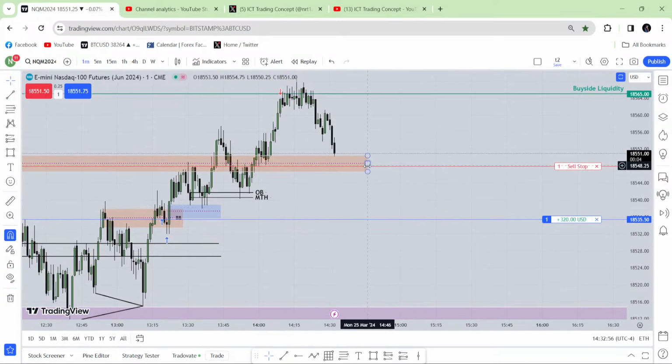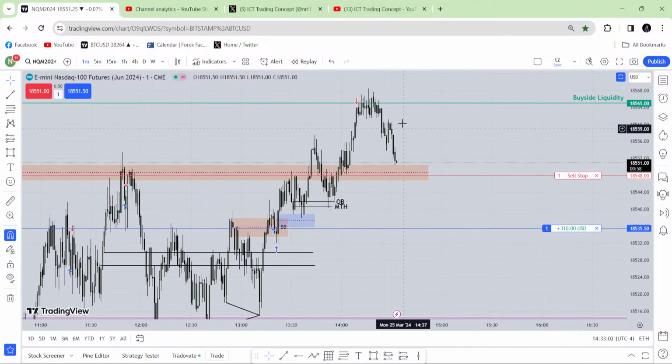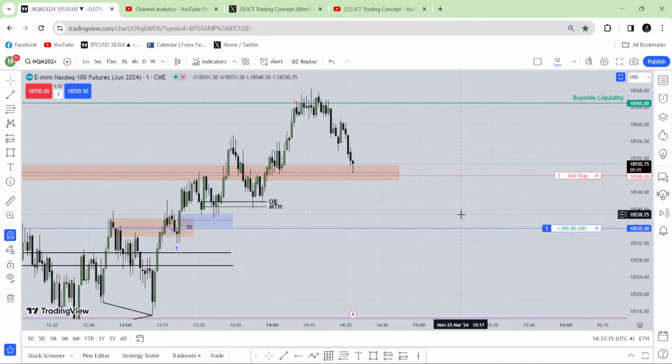So market came back again to the 1 minute last fair value gap. Let's see if it can go higher or if it keeps going lower. There is a 100% possibility the market will go lower if it is coming from the new week opening gap. If it is coming from that new week opening gap, absolutely it can go lower. Nothing is wrong with that.